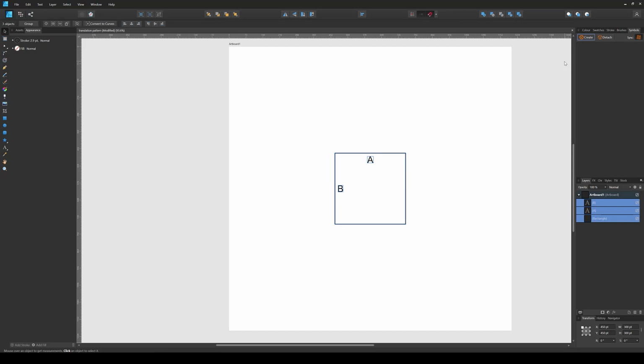Actually, we need to first bring these elements inside that rectangle so that we only create one symbol. So I have selected this rectangle and then I'm just going to press create, and now we have only one symbol. So guys, now we want to cut out part from one side and move it on the other side,